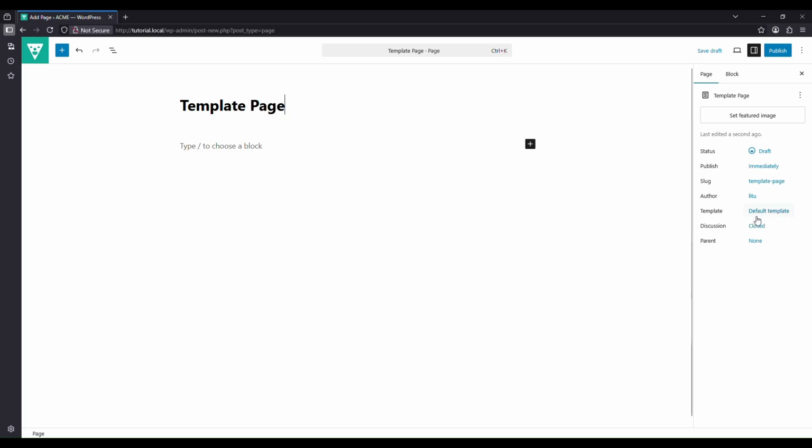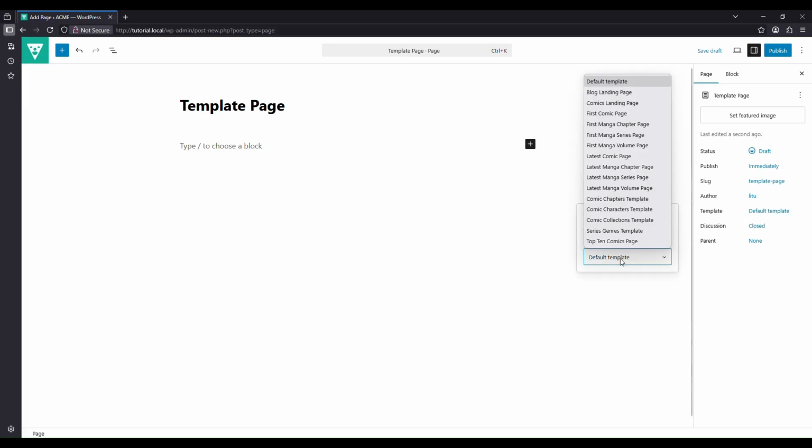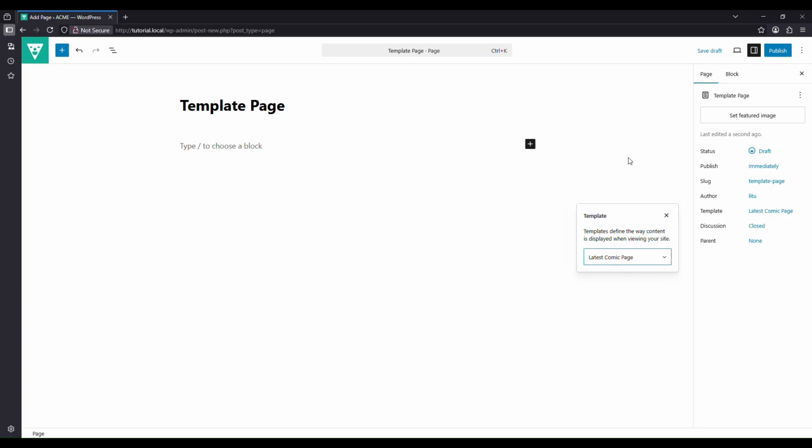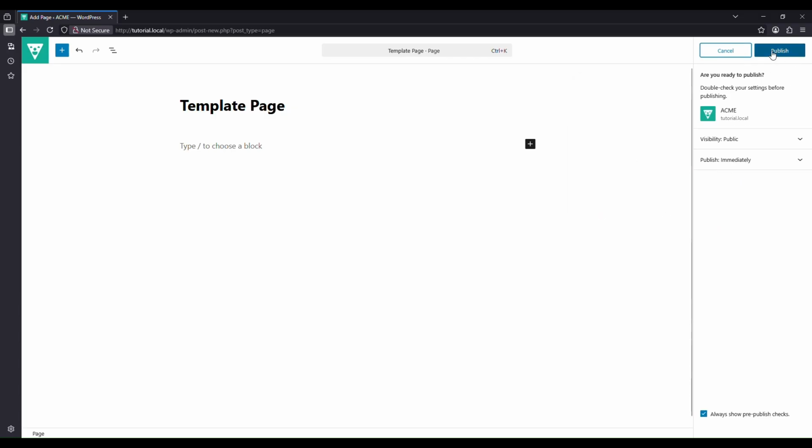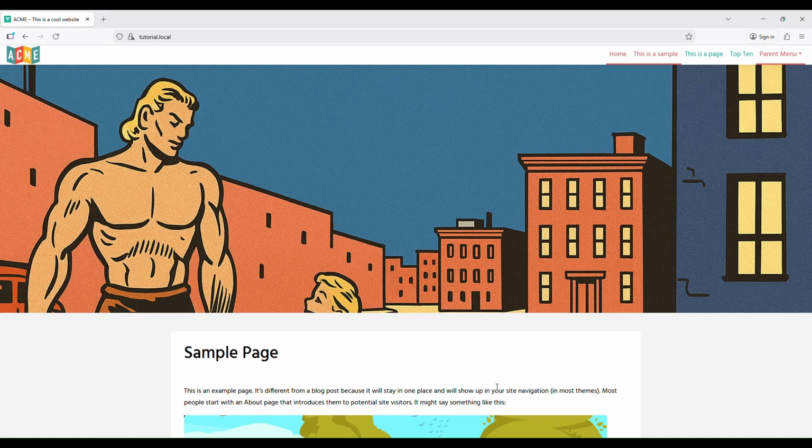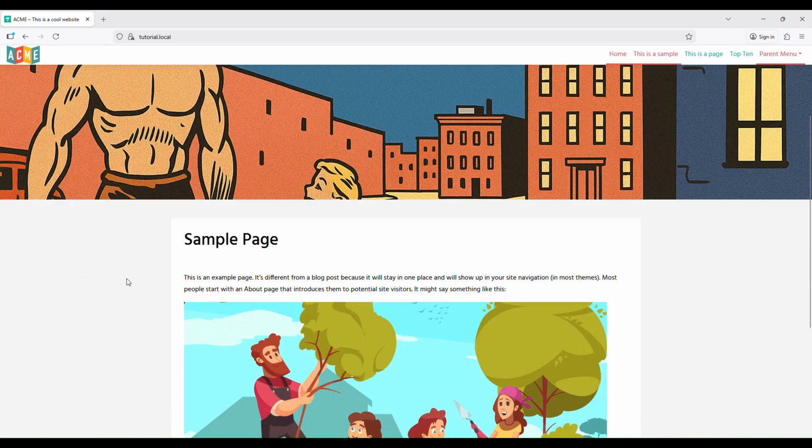And then what you're going to do is on the right hand side, where it's labeled template, by default all pages use the default template. But if you wanted to use a pre-built template within your theme, in our case within the Toocheke theme, you just click on this link here, default template, and it will pull up a drop down menu, and you can select from a list of predefined templates. So let's say we wanted the latest comic page, and if I just click publish,